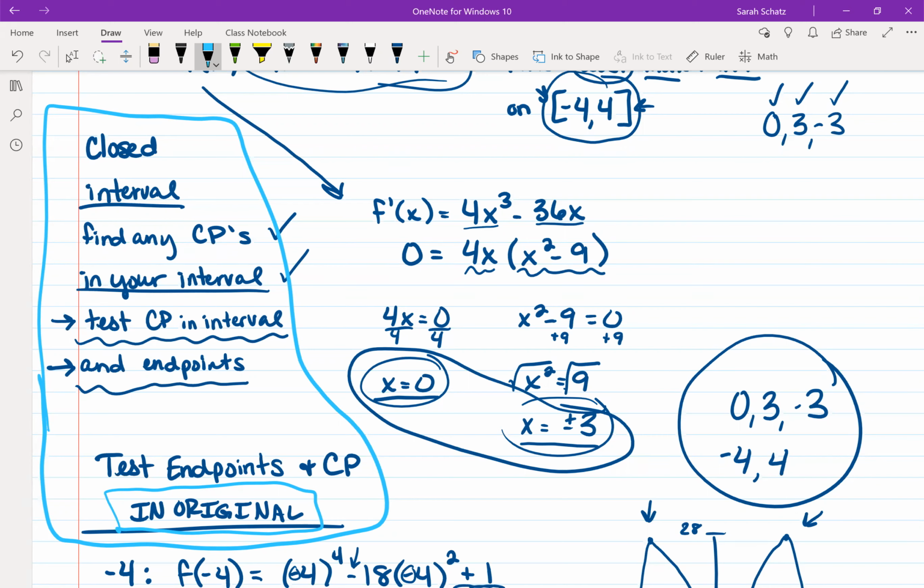So closed intervals are kind of, honestly, they're more of a common sense type thing about how to solve it. They're like, hey, if I've got a closed interval, why don't I just find the biggest y value and the smallest y value? And that's absolutely what we're doing. The reason why we find the critical points is because on a closed interval,